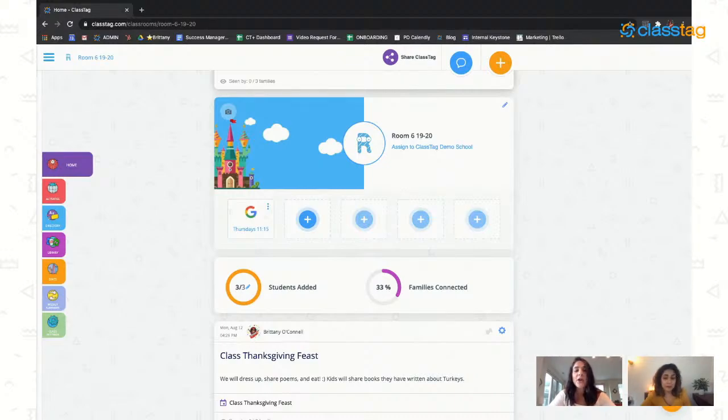But what you can also do, when you're tagging each other's classroom and you create a message, is create a message with just the teachers on your grade team, or anyone that is tagged in your classroom as a co-teacher. So this can now become a place where you can share best practices, lesson plans, and resources, because your